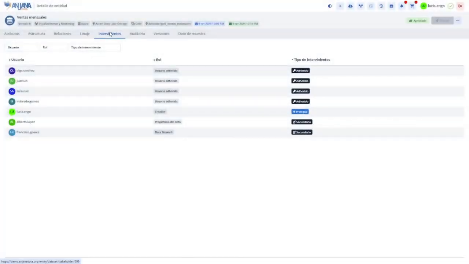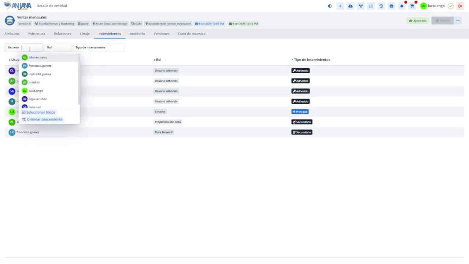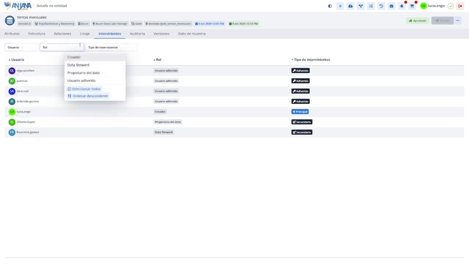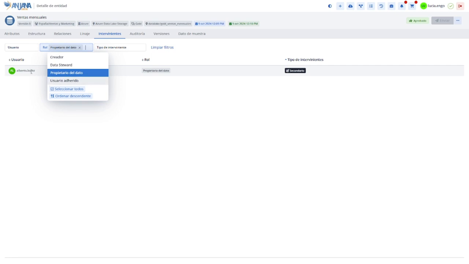If we continue moving forward, one of the things that is also extremely useful for data governance is precisely knowing which people have a role of responsibility in case we detect quality problems, a lack of data, or any other issue. We will want to contact those responsible. From here, we will be able to consult who the different stakeholders are. For example, what role a specific person has, or who the data owner is, Alberto, and who the data steward is, we see it is